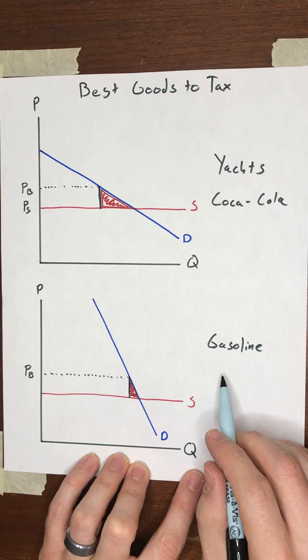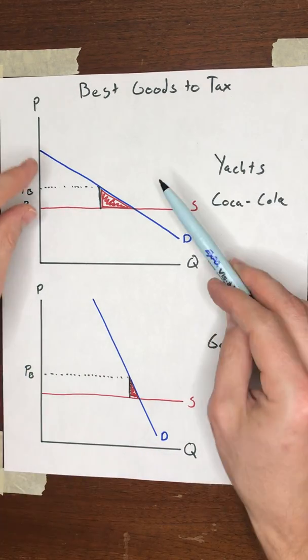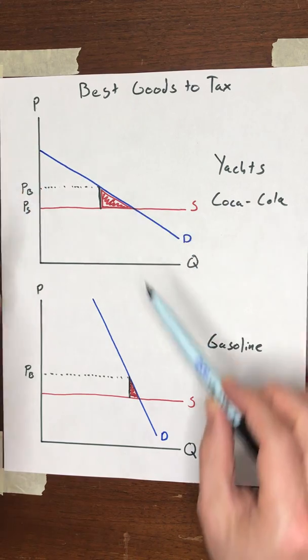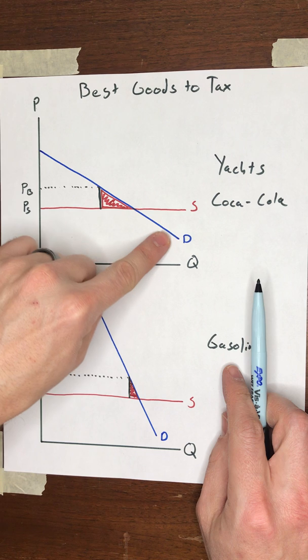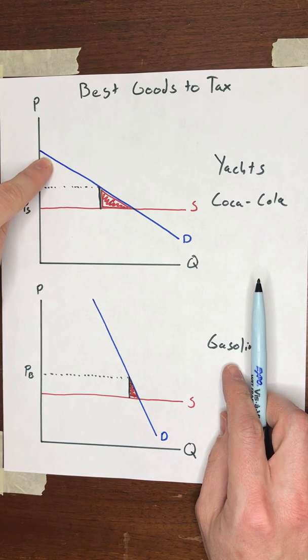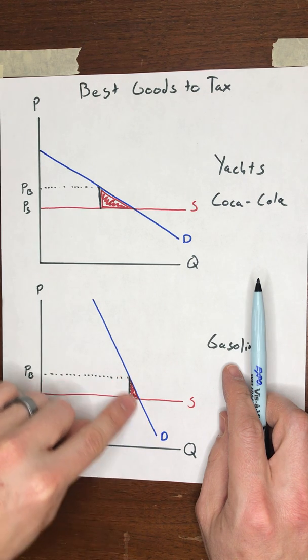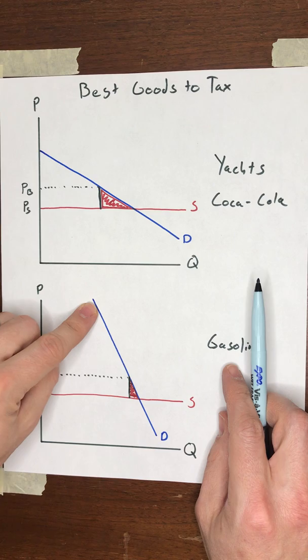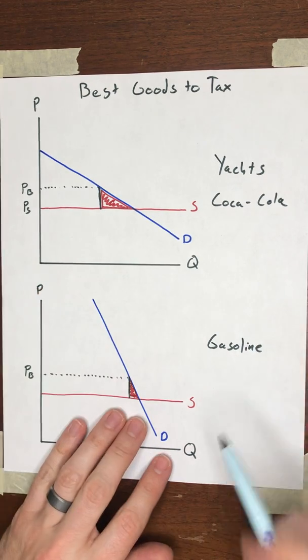Another thing, though, to keep in mind is if you tax all goods simultaneously, like this might be the market for Coca-Cola, this could be the market for all goods. And while you can easily substitute from Coca-Cola to some other brand of soda, if all of the goods that are being sold in an economy all have the same tax on them, well, it's very difficult to substitute out of one good and into another, right? So,